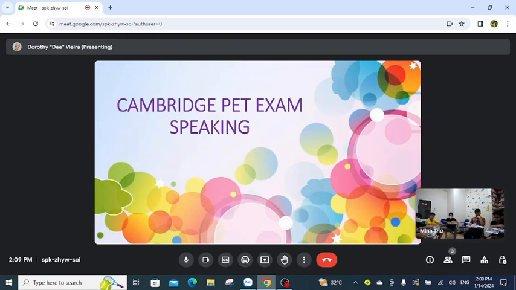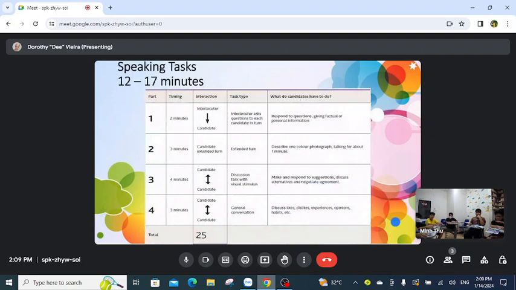Okay, now we're looking at just the speaking part of the test. And that test, the speaking part, is about 12 to 17 minutes. So sometimes you will do the test with 2 people. Sometimes you may do the test with 3 people. Okay, so the test, the 12 to 17 minutes, is divided like this. So part 1, the examiner, that's this word here, interlocuteur, is going to ask you some